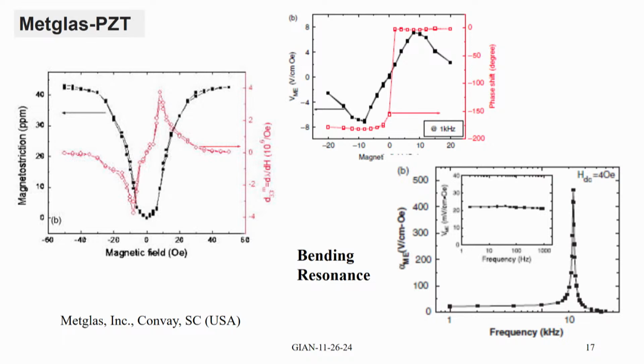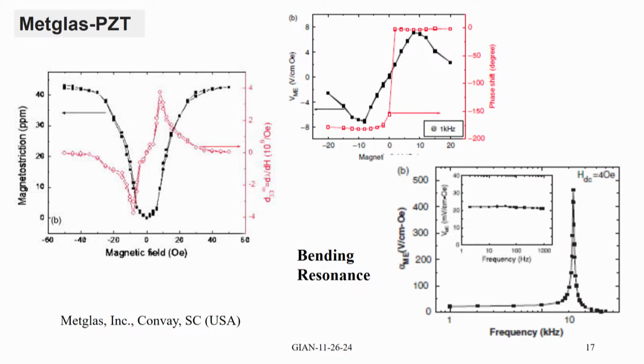And many of the German groups, when they made magnetic sensors, used Metglas and aluminum nitride to make those sensors. And as you see here, this is the magnetoelectric voltage coefficient variation with the bias field. The maximum value is close to 8 volts per centimeter Oersted,